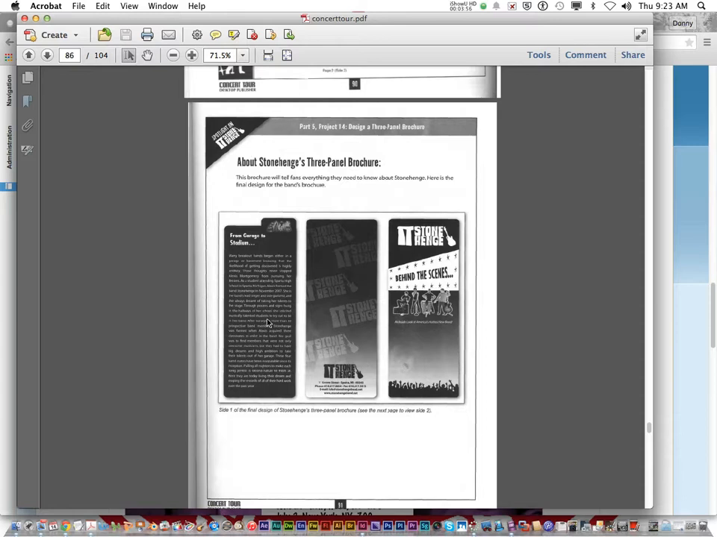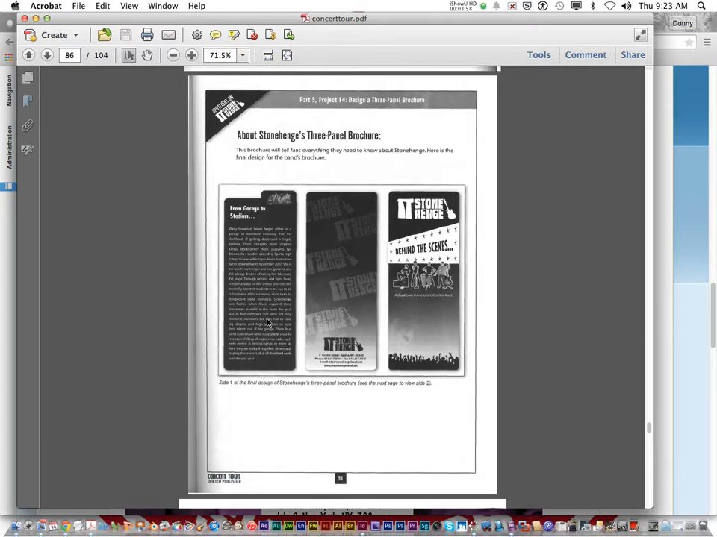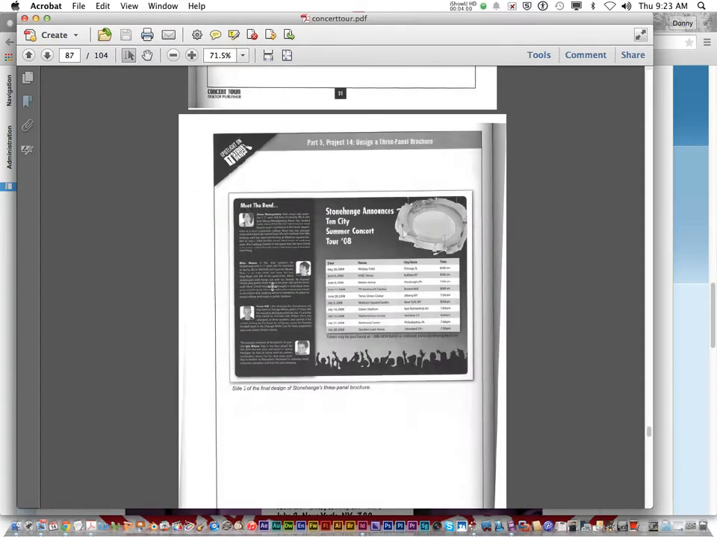And then on page 89, it talks about the inside left panel. Brief biography of each band member, photograph of members of your band, that's optional. Additional text or graphic images. On the inside middle panel and right, it wants a